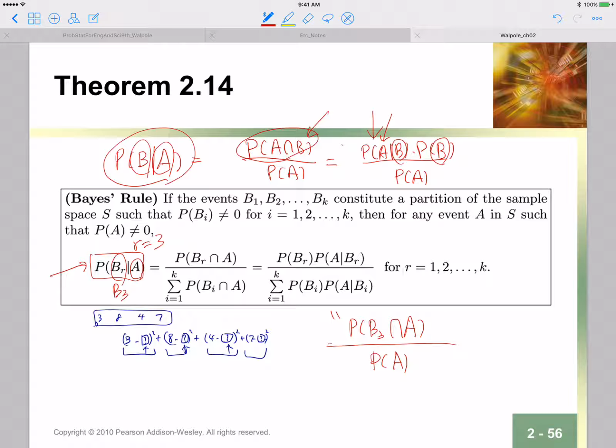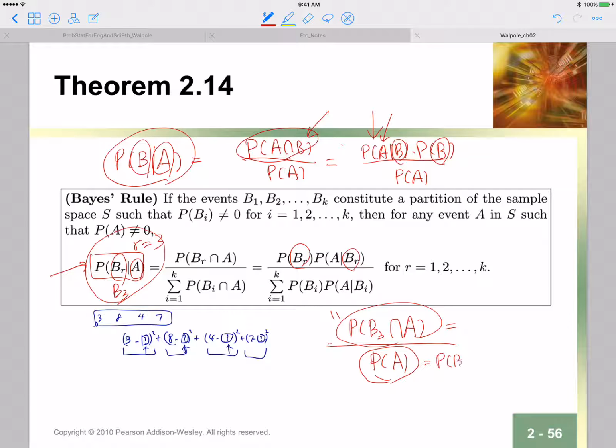This is directly coming from the definition of conditional probability. And then this guy is changed in this form: we consider BR first, and then A given BR, and the denominator P of A can be rewritten as